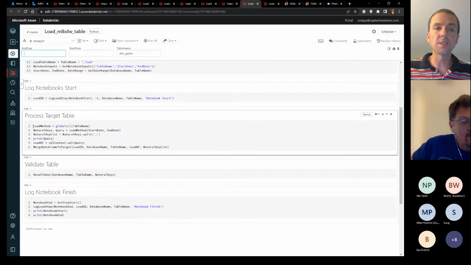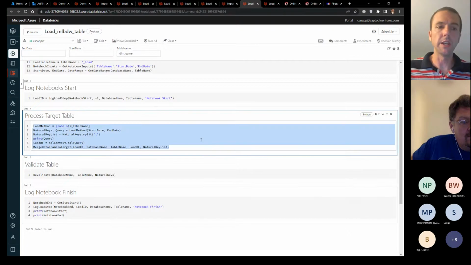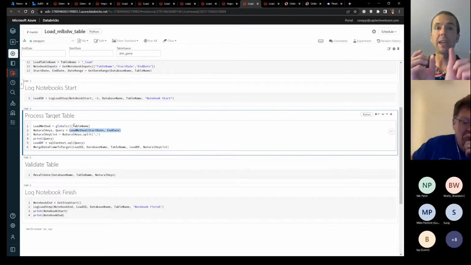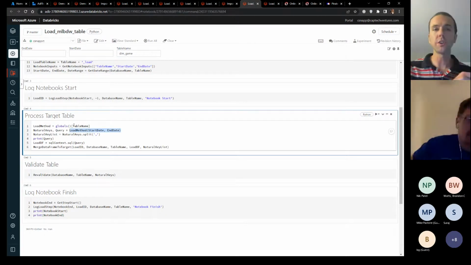There is this interesting thing that I don't know how to explain other than Databricks makes available called globals, that allows you to then say, if I say dim game is a method, I want to take that value of table name that is passed in from my parameter and basically give that value to this load method variable. And then I can call load method with the parameters, start date and end date. That's just like calling the phrase dim game with a start date and end date and returning the values back.